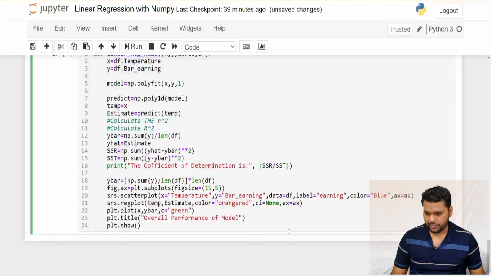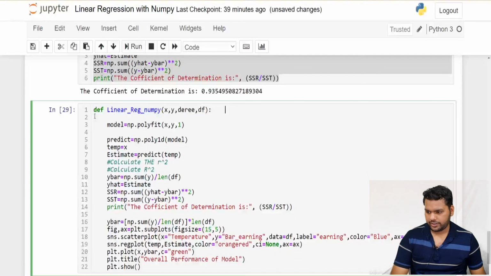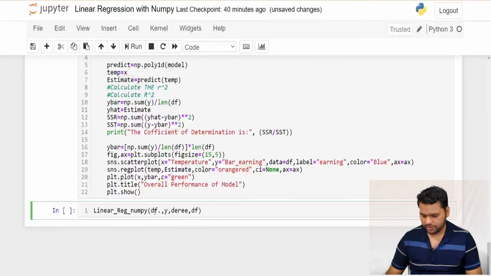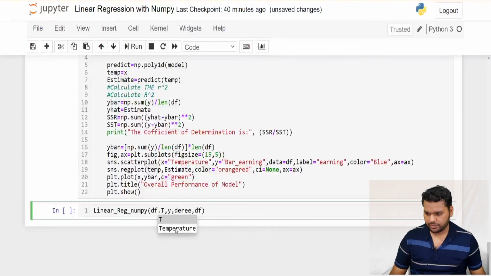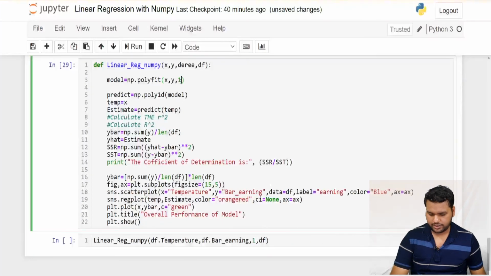Yes, it looks like it will work, but let's check whether it works or not. But now I need to define this thing here. We define this and let's see. So what is our x, df.temperature. What is our y, df.bar earning, degree is 1, df is this, and here we give degree.